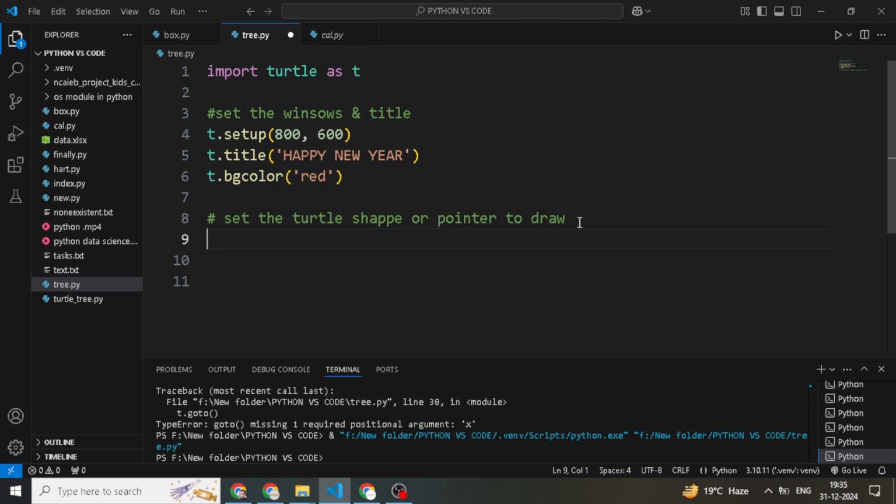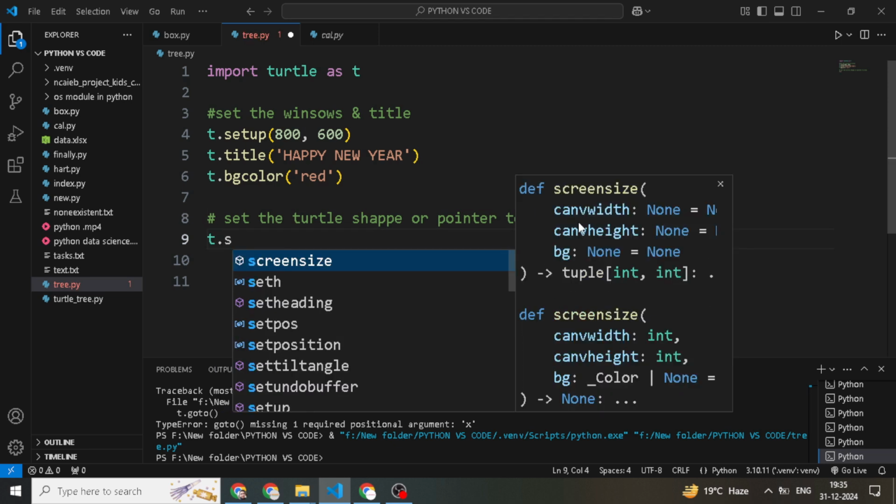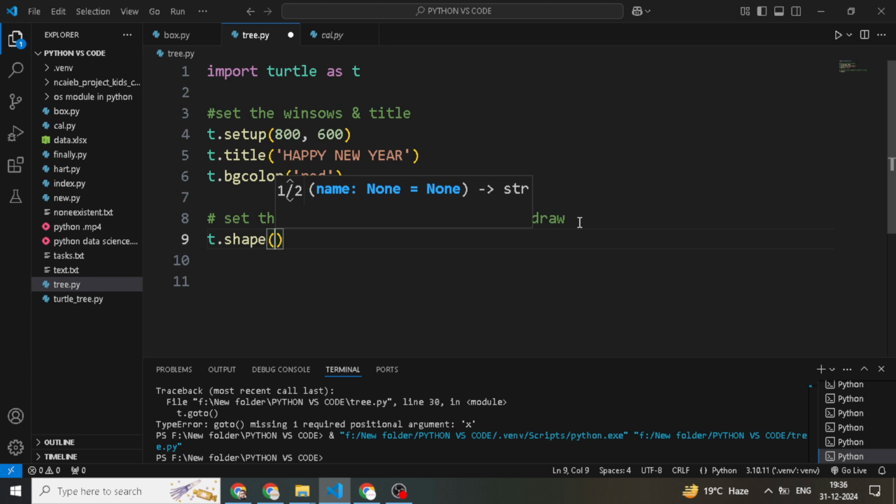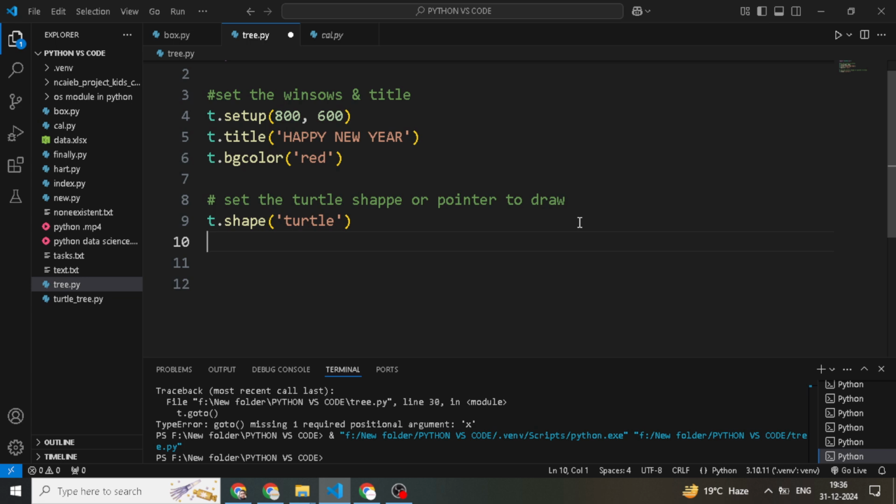So t dot shape, and in the string we use turtle. We also change the turtle shape to look like a turtle. This is a little pointer that will do all the drawing.